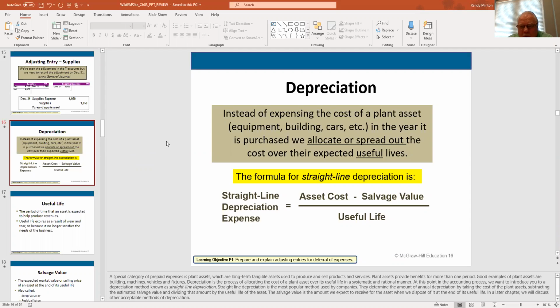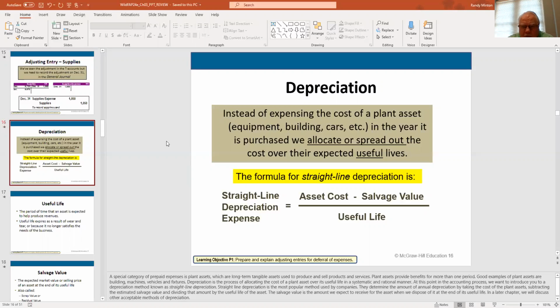Okay, so, but contrast that with the parking lot. Many of you have been to the ABAC parking lot, and I think they've just finished resurfacing one or two of them. But they get old and they wear out. And the same thing is true with a car. The more miles you put on a car, the more worn out it gets. The more hours you put on a tractor or a piece of equipment, the less efficient it gets, and so forth. And that's true for all of these fixed assets with the exception of land.